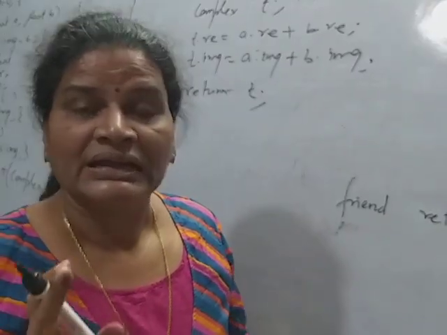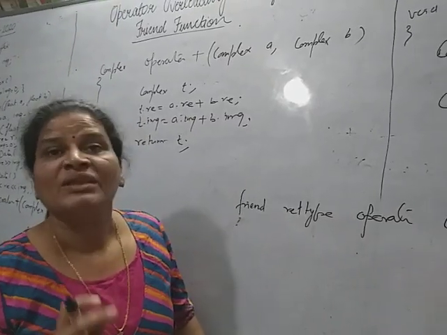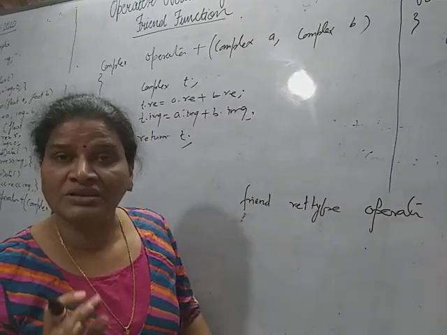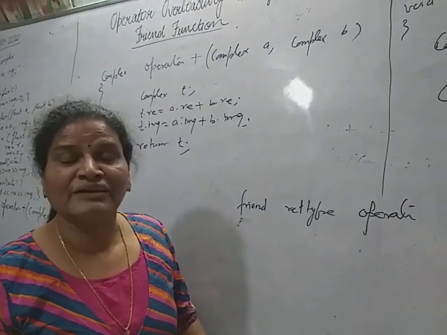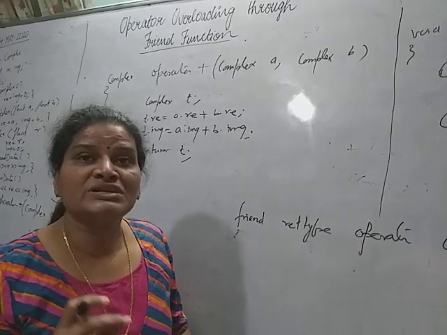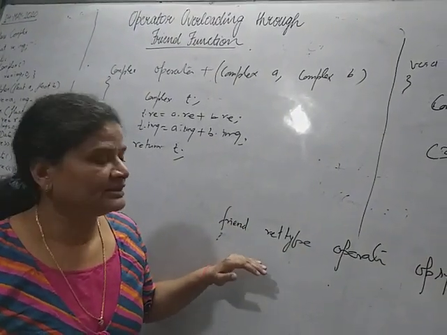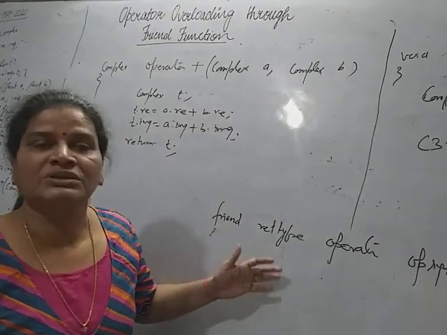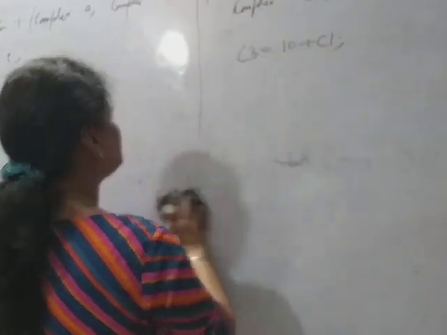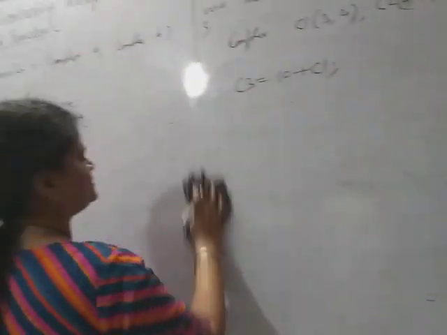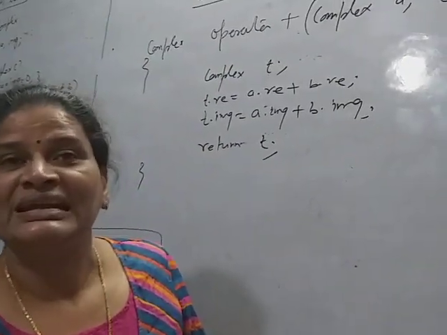Only remember that if you are overloading a binary operator using friend function, then you have to pass both operands, as this is not a member function. But if you overload it using an operator member function, then it is not required to pass both operands explicitly. Okay, now another very important overloading: the extraction operator and insertion operator.